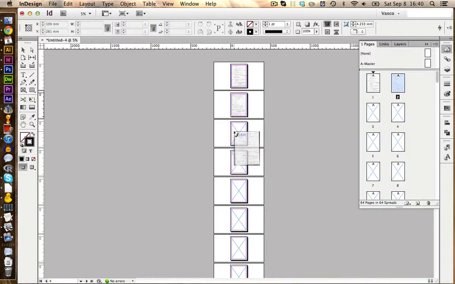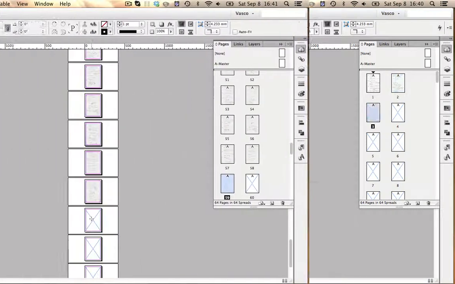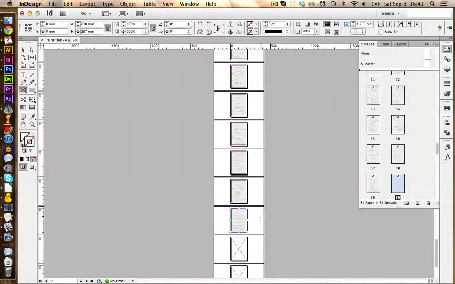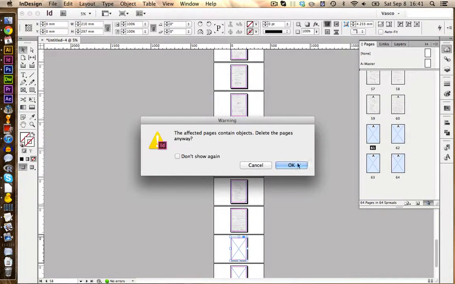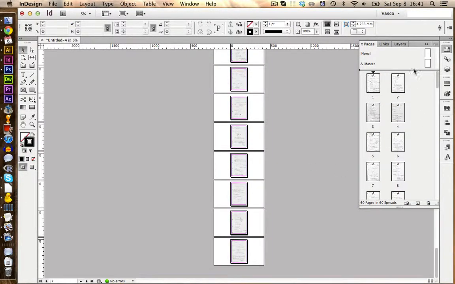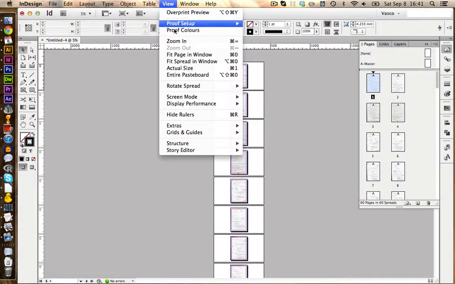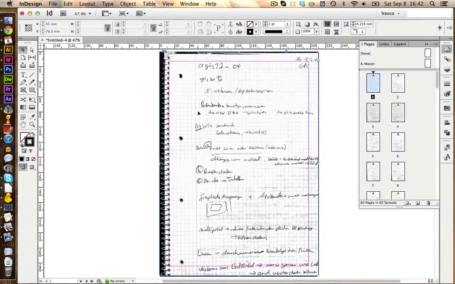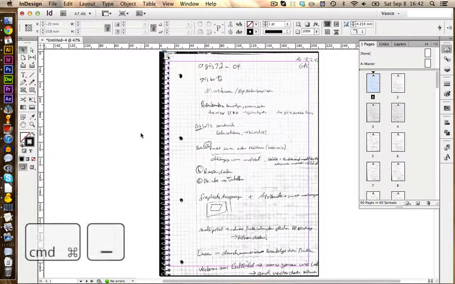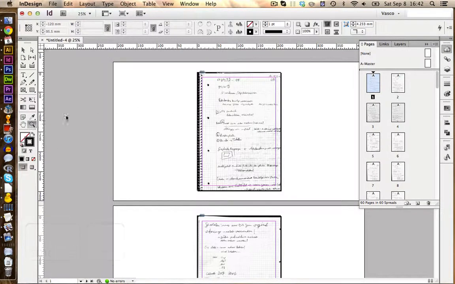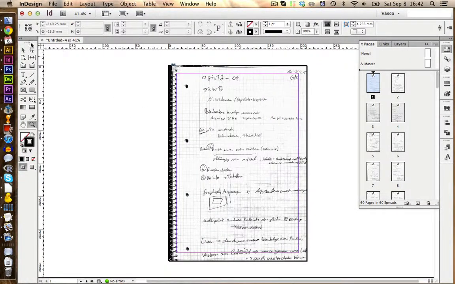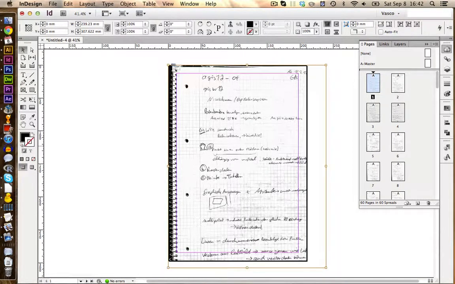Let me quickly put all the pictures onto the pages. There's our last page. And now we can delete the pages that we don't really need, that are empty here. Let's go back to the first page and also we zoom in again. We would need now to adjust this page a little bit. So first let's zoom out by pressing Command minus. Maybe a little bit much. This should be fine.